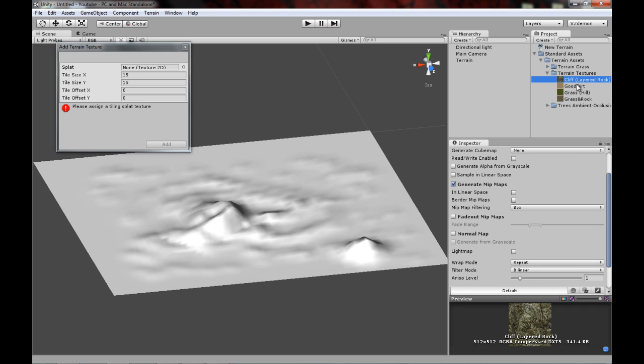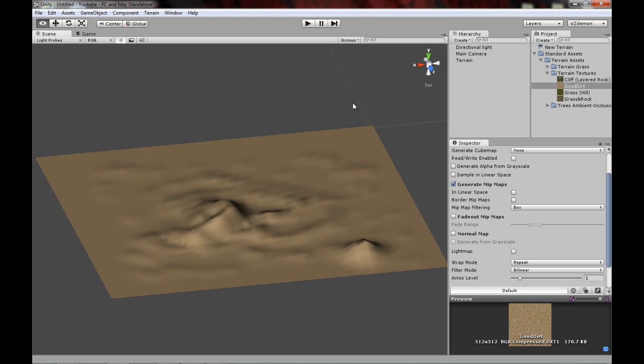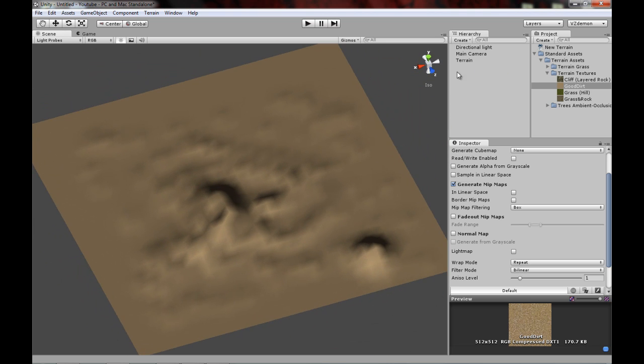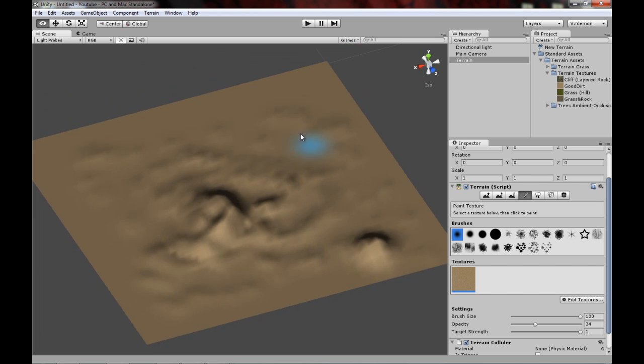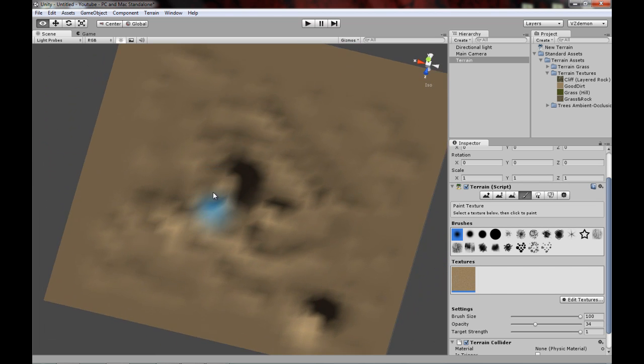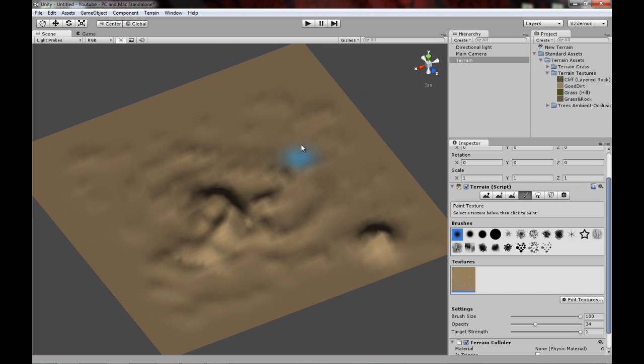Then we're gonna pick a texture that's gonna be our base ground. I'm gonna go with good dirt. Just drag it and drop it right here. Click add, and see it paints, because it's the first texture we added. It paints the entire terrain in this texture. Now you won't see details from up here. You just see the